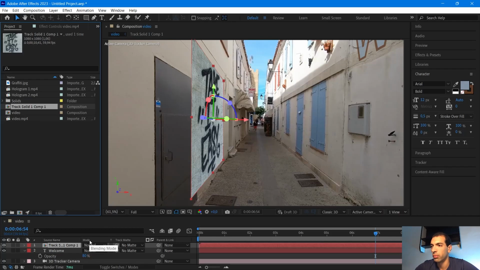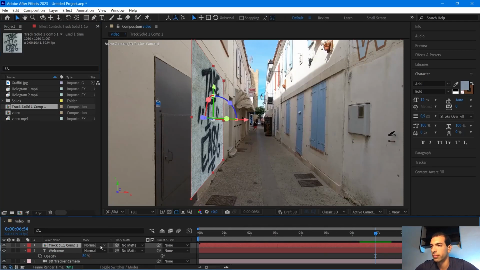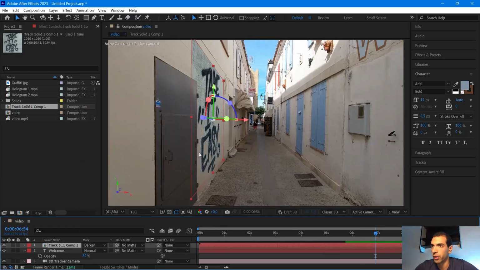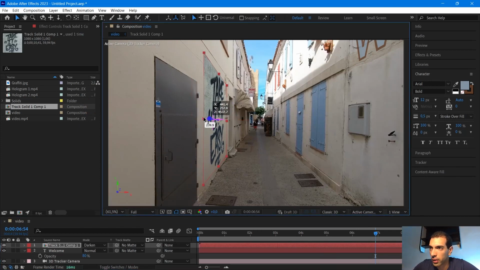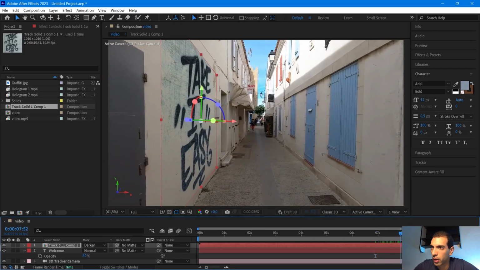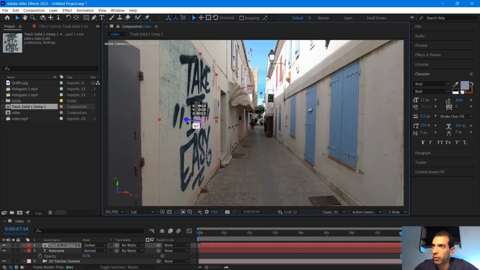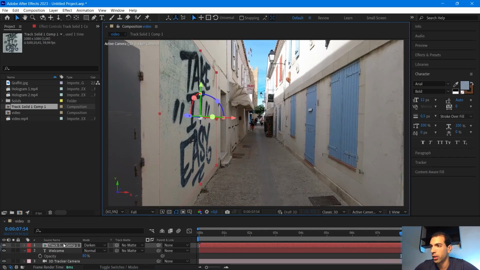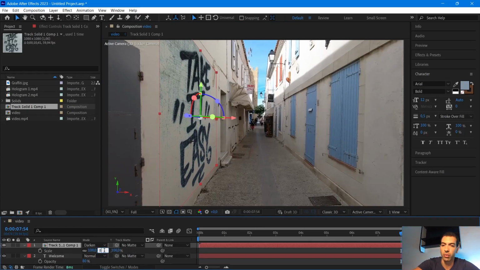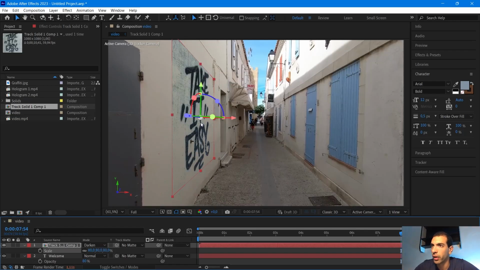I go to mode, blending mode here. If you don't see it, click on toggle switches / modes. And I'm gonna change this from normal to darken. Now we get the effect we wanted. I'm gonna move this on the Z axis like this. I'm gonna move the playhead like this. I'll move it on the Z axis like this. I'm gonna take it up a little bit like this. I think I'm gonna make it a little bit smaller. I'm gonna press S and scale it down to 80. And I think this looks better